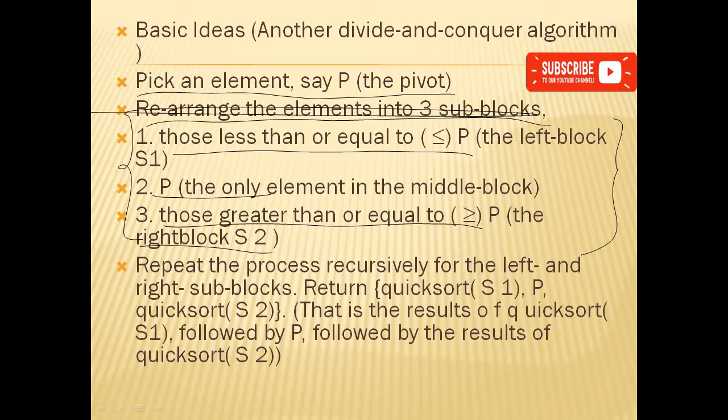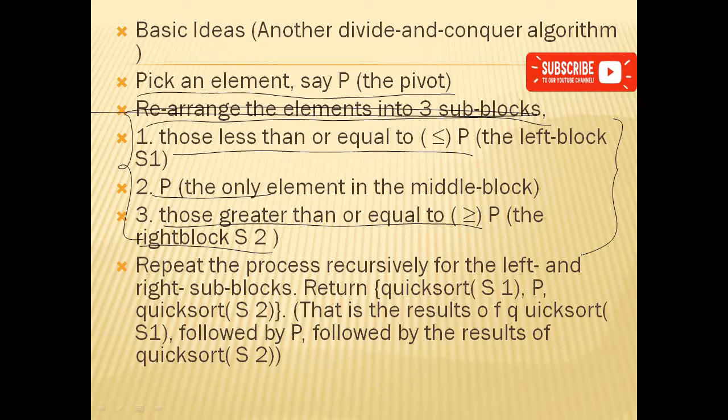Okay, so what are we doing in quicksort? We are choosing one element as a pivot element. The one element which we identified, we call it the pivot element. It may be the first element, it may be the middle element, or it may be the last element. We need to choose one element as the pivot element.